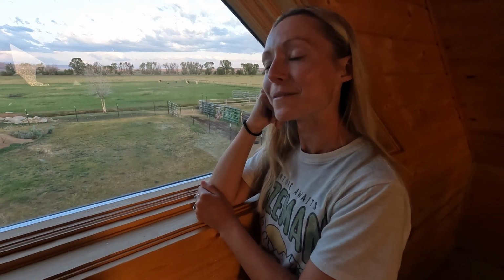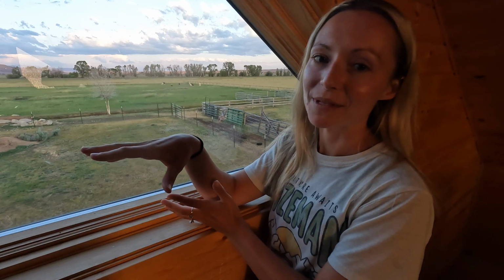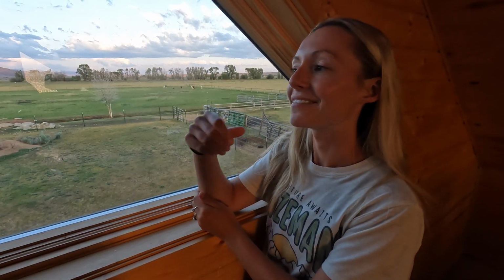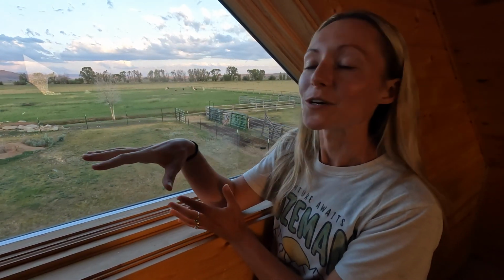We're excited to be here for over a week, taking a little bit of a break from the Airstream, and we definitely miss it. We were worried when we were spending so much time in the Airstream this summer whether it was going to feel too small and we were really going to want to get out of it, but we haven't felt that. We definitely miss being in it, but I do also like being in this Airbnb just because it is so peaceful